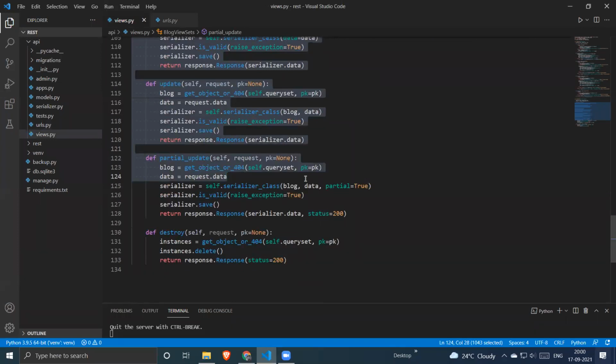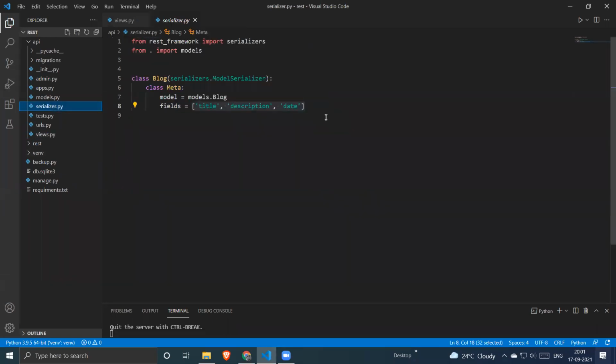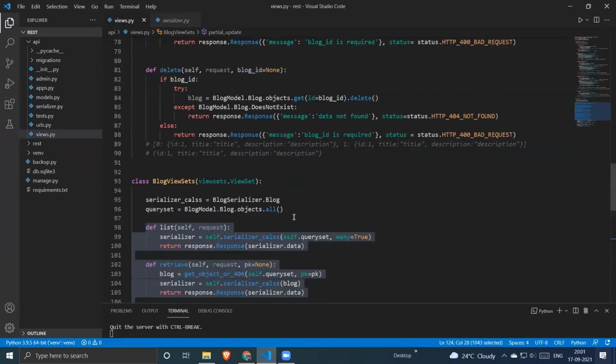Which are those basic operations? Create, read, update, delete, which are the CRUD operations. So we don't need to write this code for a single model. Okay, let me clarify one thing. API view sets and model view sets totally depend on your serializers file. If you can modify the serializer file so that it can accept multiple models, then it will be fine. Otherwise, if you have to deal with multiple models, I will suggest you go with the API view.